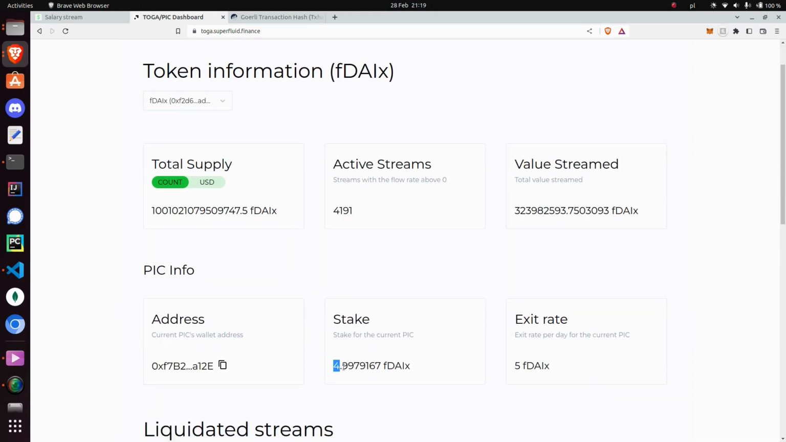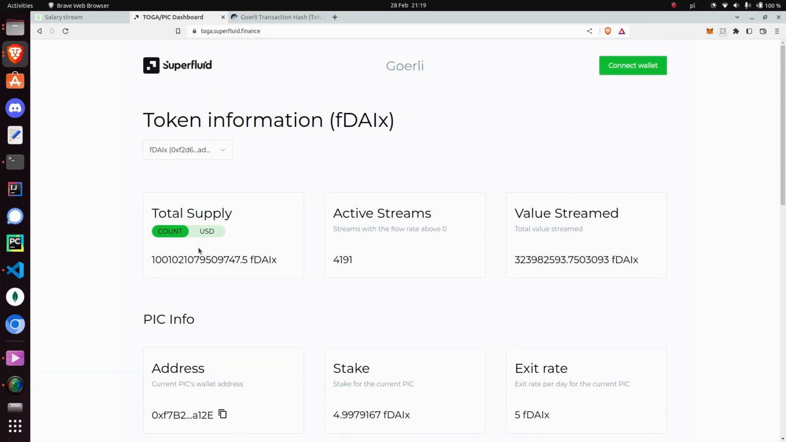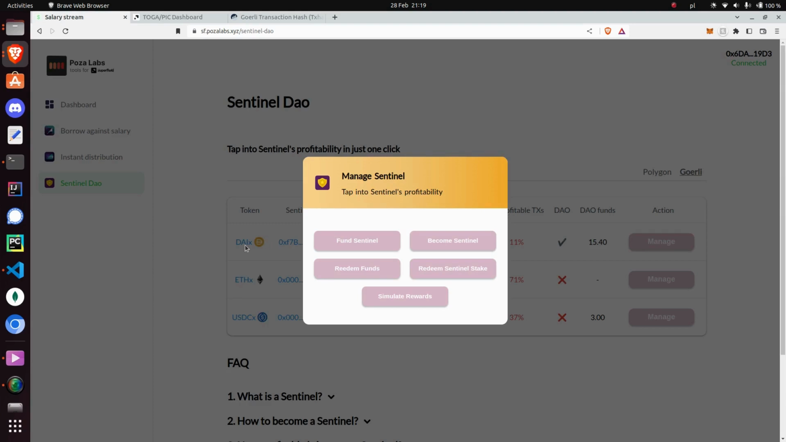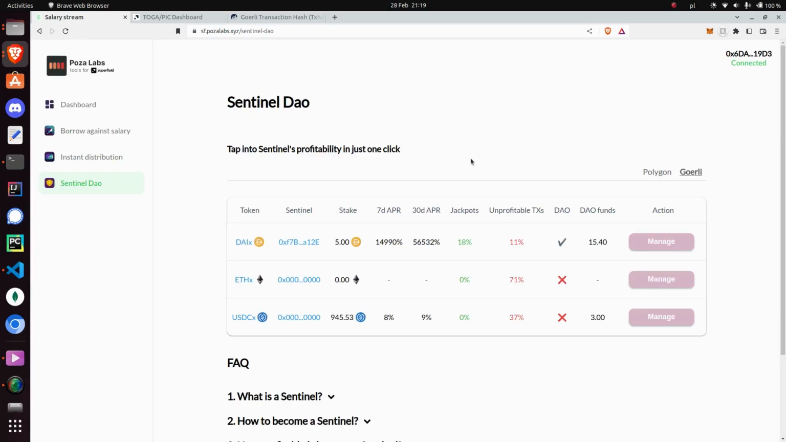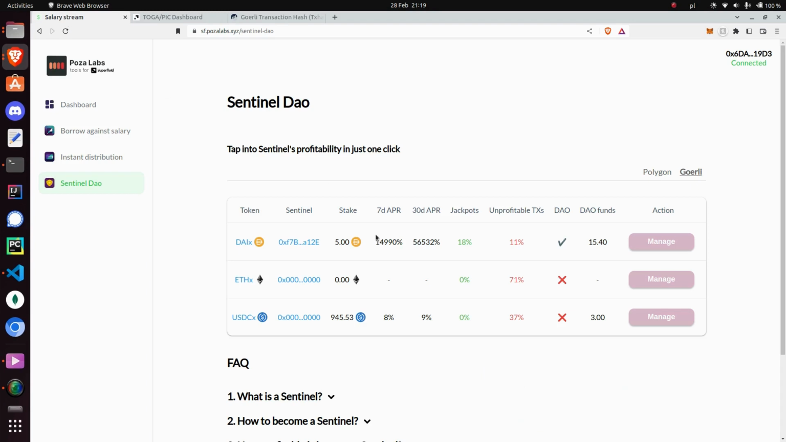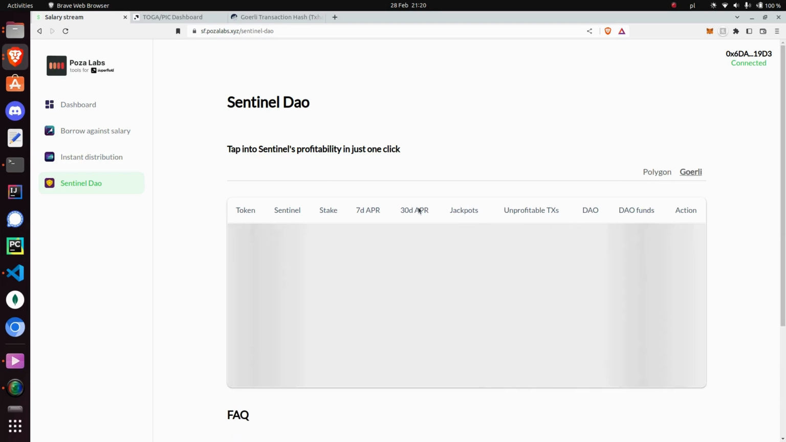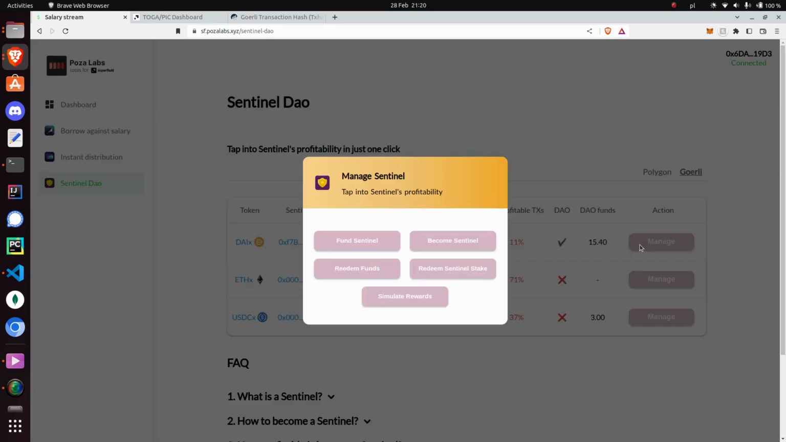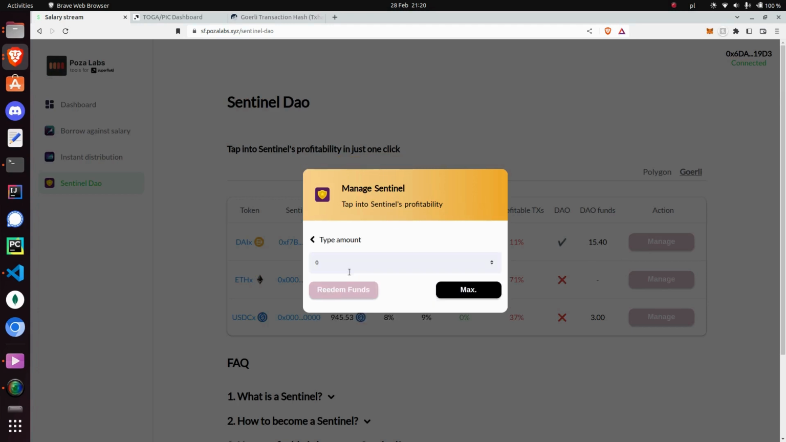Yeah, you can actually see it's 4.997, so it's getting lower every second. So now let's say we were to try and, for example, redeem our funds, because we have an existing stream that's going out, and some of the funds are already in the smart contract. I mean, the stake is already getting lower. So let's say we'd like to redeem our funds, but this wouldn't be possible yet due to a